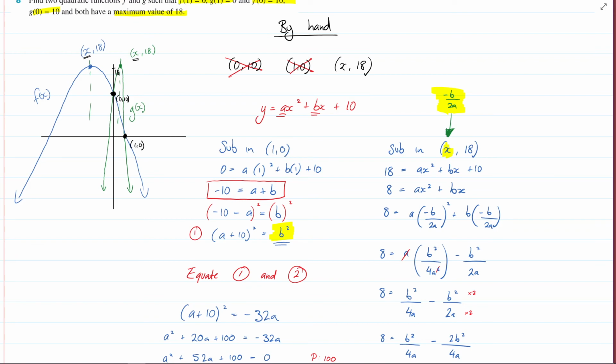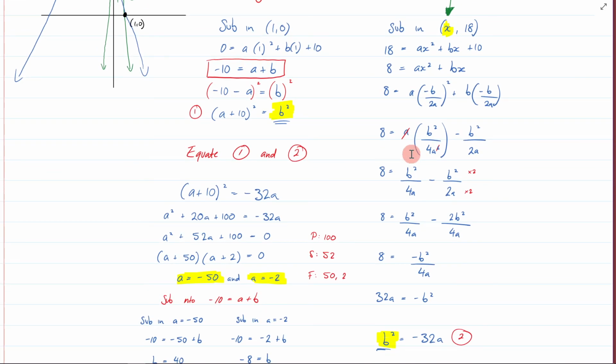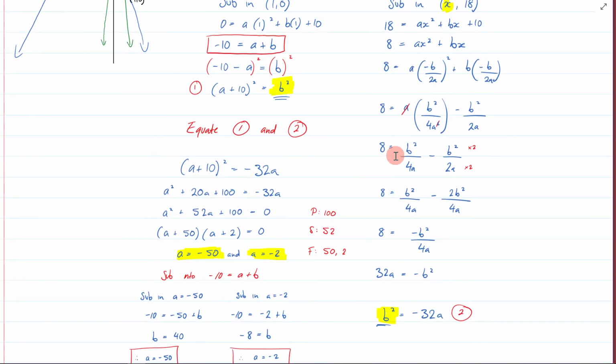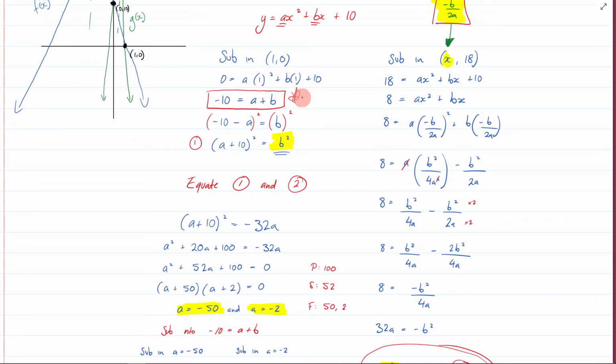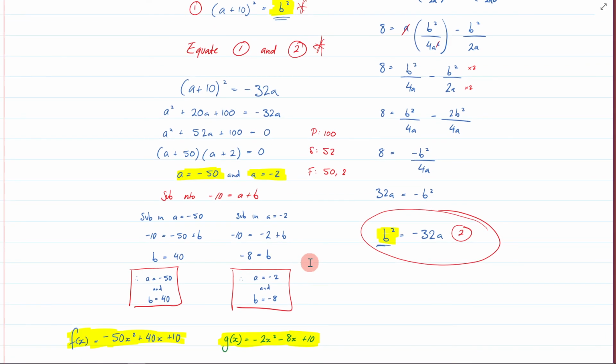If I was to point out the tricky things that we did here, this was a tricky part in which we identified that x is the same as negative b on 2a. And then the other tricky part that we did was equating them. So realizing, hey, I've got this equal to b squared. What I'm going to do is take this equation here and turn it into b squared so that I can equate them with each other, which then allows me to solve them. Pretty tricky stuff,